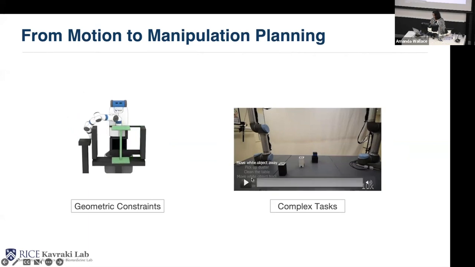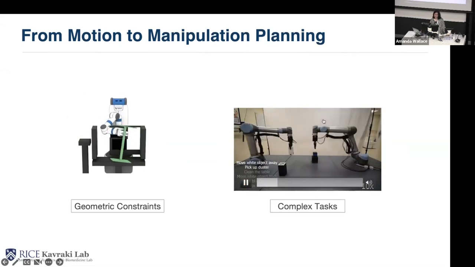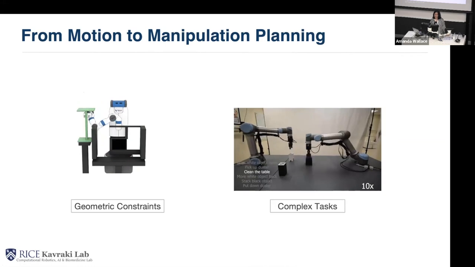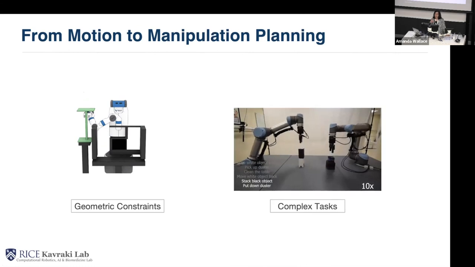And here you can see a more complex task, where you need to specify what the task is somehow, which is to stack these two objects. But first you have to clean the table. So you have to find a way to specify the task. You have to find a way to understand what operations you need to do and how to sequence them. And there are two things here. There is the discrete part and there is the continuous part, the motion planning part. The discrete part can be fairly complex, and sometimes